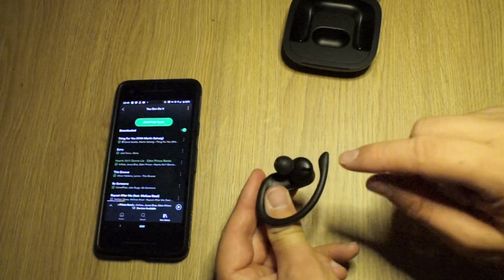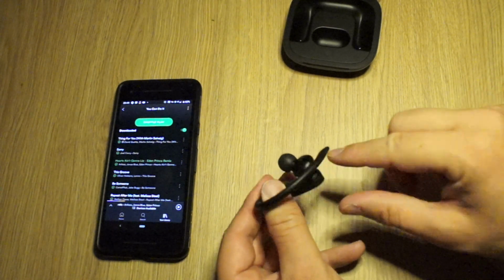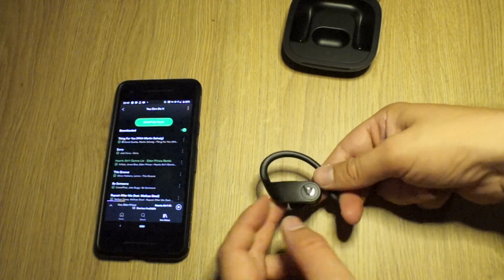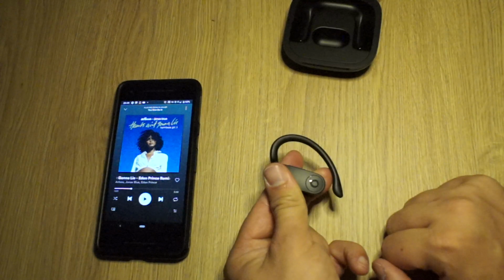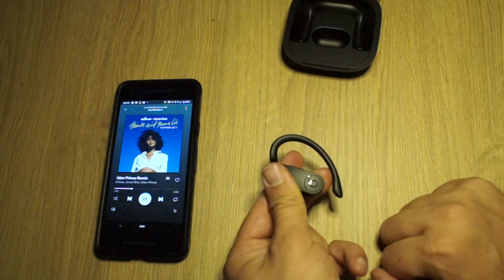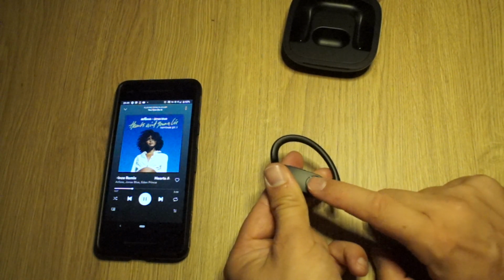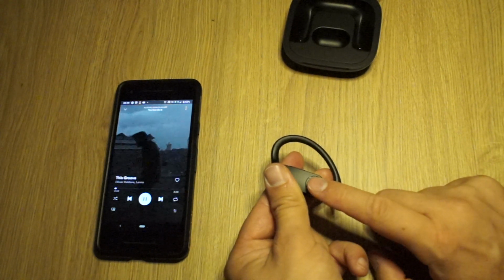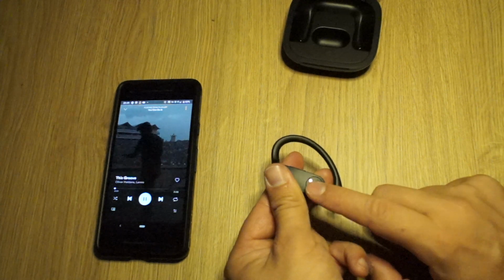Both headphones have a sensor so they know when they're in your ear. I'm going to cover this sensor with my finger during the demo so I can show you how the headphones work when they're in your ear. To control playback, you tap the Beats icon once to pause and once again to play. If you want to skip to the next track, you double tap it. If you want to go back, you tap it 3 times and then 3 times again to go to the